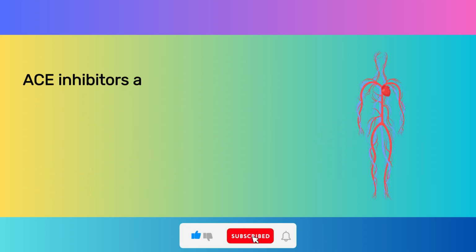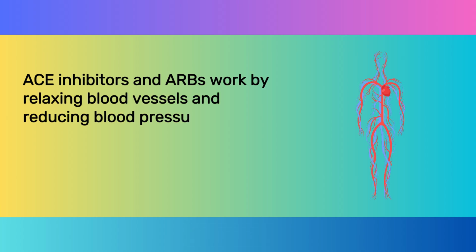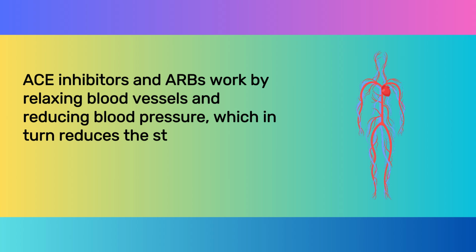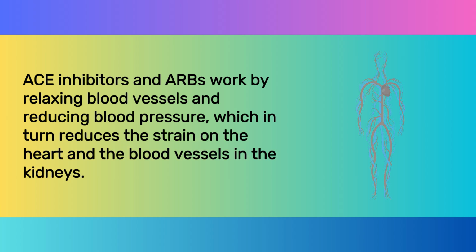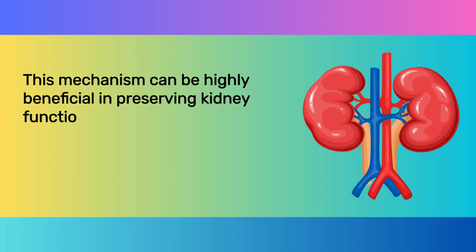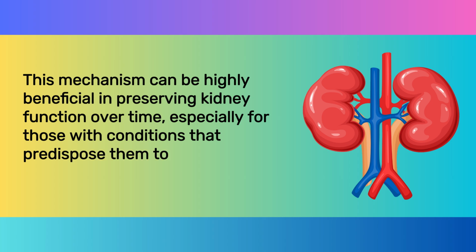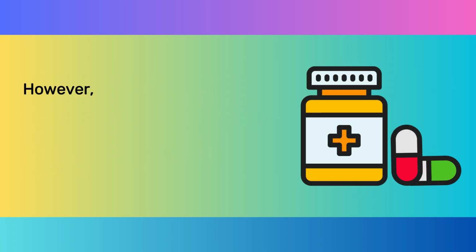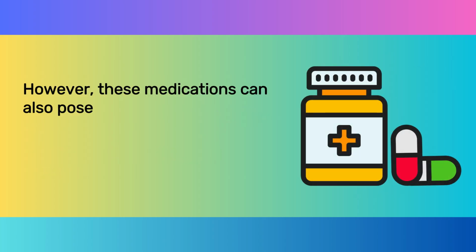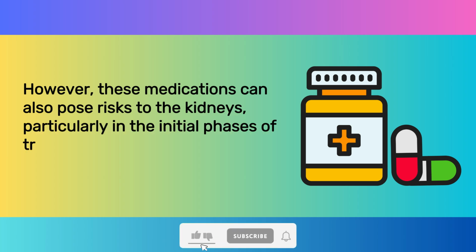ACE inhibitors and ARBs work by relaxing blood vessels and reducing blood pressure, which in turn reduces the strain on the heart and the blood vessels in the kidneys. This mechanism can be highly beneficial in preserving kidney function over time, especially for those with conditions that predispose them to kidney damage. However, these medications can also pose risks to the kidneys, particularly in the initial phases of treatment